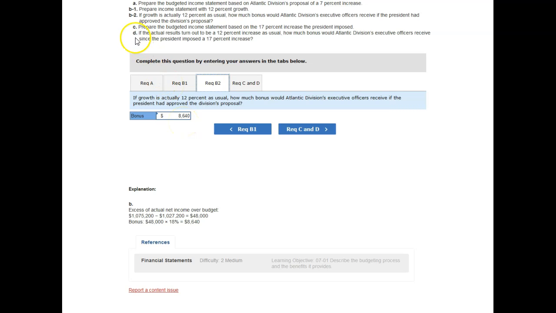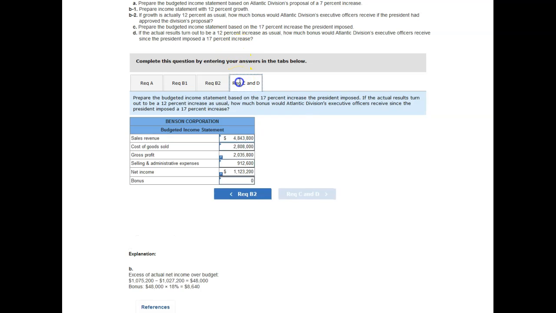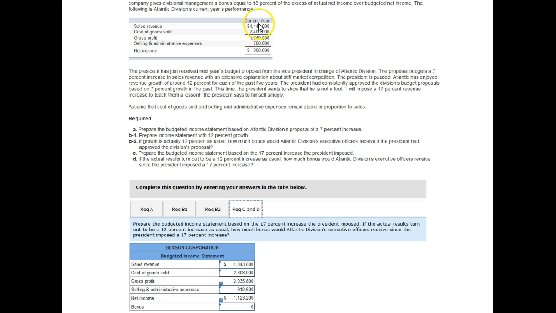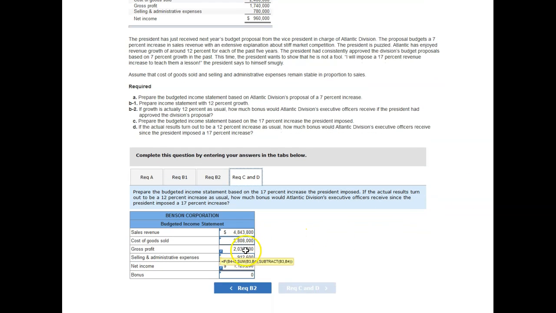Now let's look at parts C and D. C says, prepare the budgeted income statement based on the 17% increase the president proposed. And the actual results, again, were 12%. What would the bonus be if the budget was 17%, but the actual was only 12%? Well, to prepare a budget based on 17%, let me scroll back down a little bit. Take each of these numbers times 1.17 to show the 17% increase for the budget. These would be the numbers you would receive right here. So sales would be up to this amount, net income